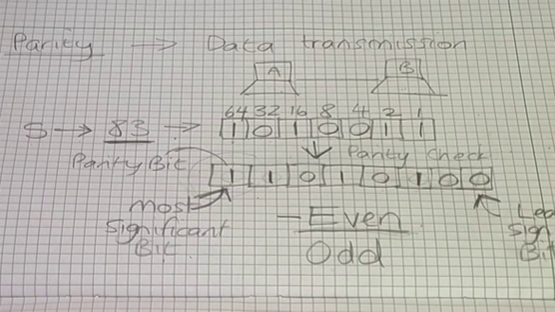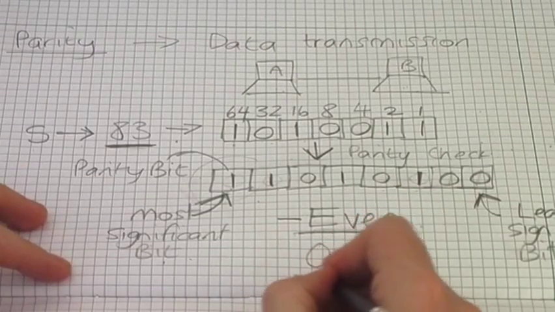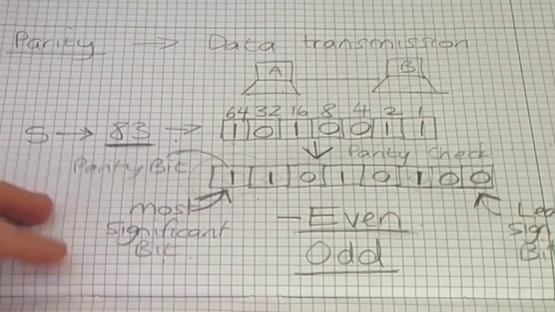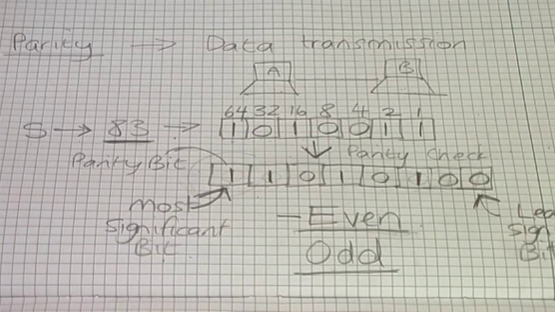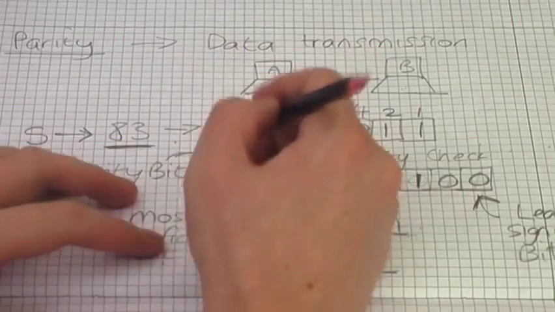Now hopefully it should be pretty obvious how odd parity works. Odd parity works in exactly the same way, the difference is that this time we want an odd number of ones rather than an even number. So if we go back